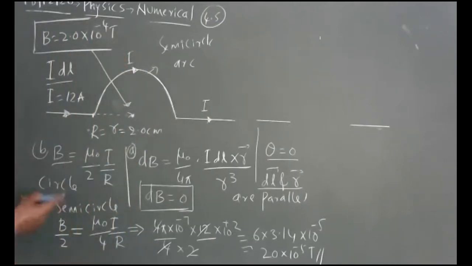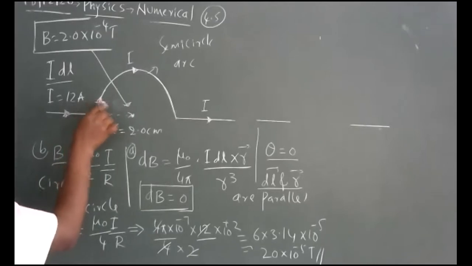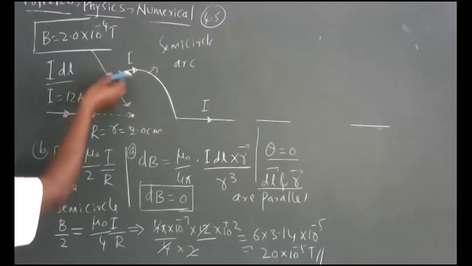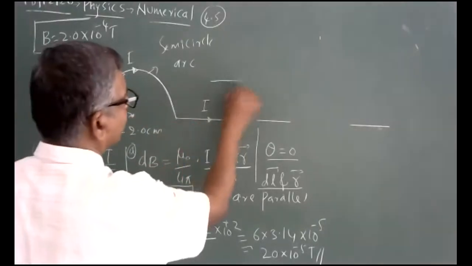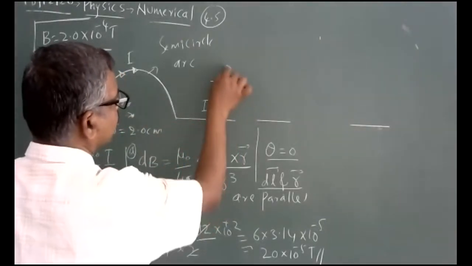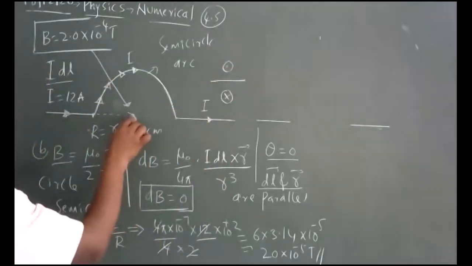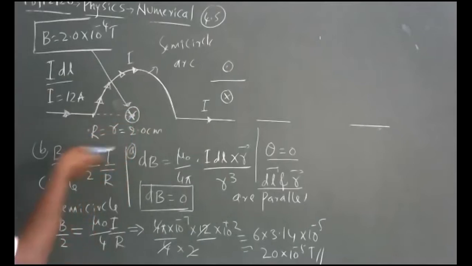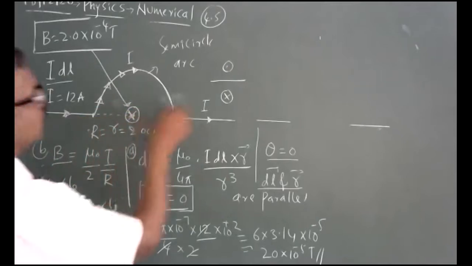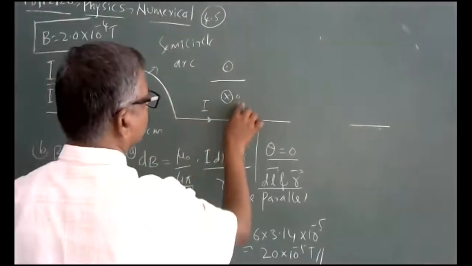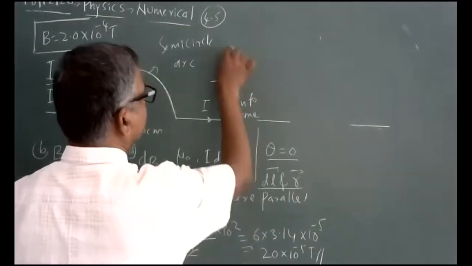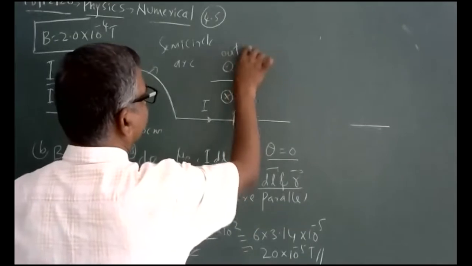And look at this analysis, here the current is flowing. All the contributions, as I said, when you have a wire, here it is a cross, here it is a dot. Here the magnetic field at the center is a cross. The direction of magnetic field is into the plane, into the plane of the paper. It is coming out of the plane,